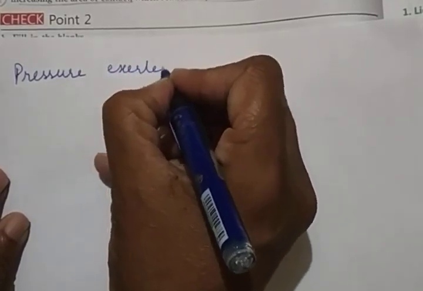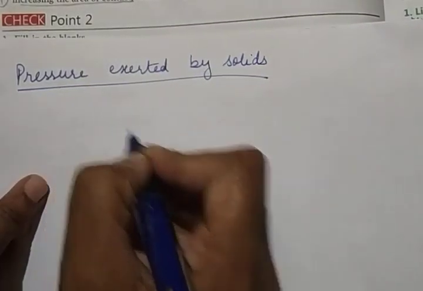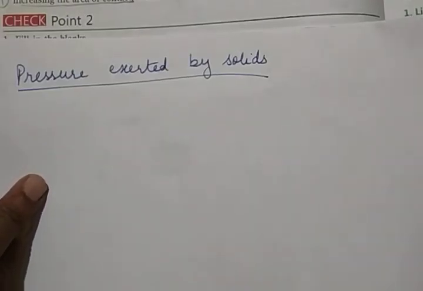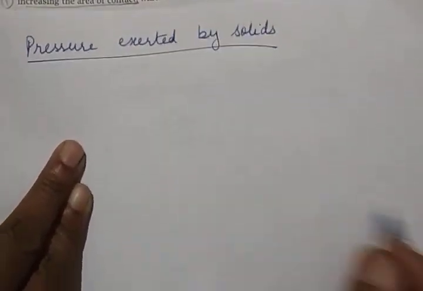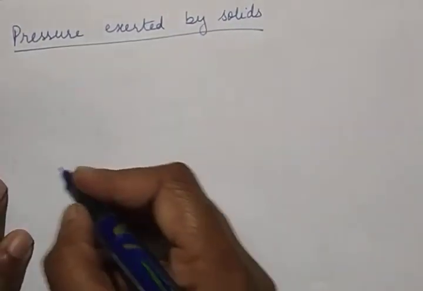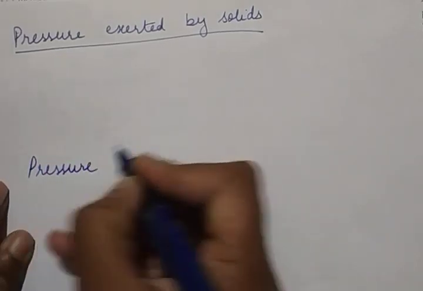So far, what you saw is pressure exerted by solids. All the examples that you saw, like a coolie carrying a load and all that, in all these cases, pressure was exerted by solids. Today we are going to see pressure exerted by liquids. Now the main difference